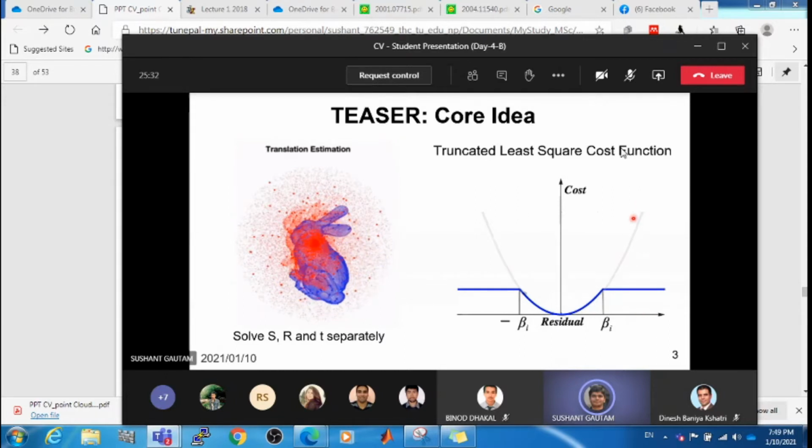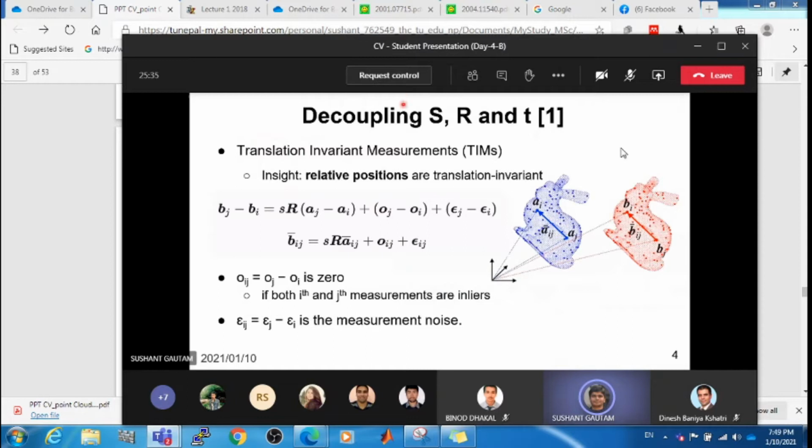In Euclidean space, there are some invariant measurements which consist of values that are invariant under different transformations. The first insight is that the relative positions between points are invariant to translation. For example, say you have a ruler or scale, so you point it northward and you translate it up and down, left and right, front and back. No matter how much effort you put, the length of the ruler and the initial direction pointed by the ruler is not going to change. This is the beauty of Euclidean space. So the relative positions or vectors are not affected by translation. So they are also called translation invariant measurements, TIM.